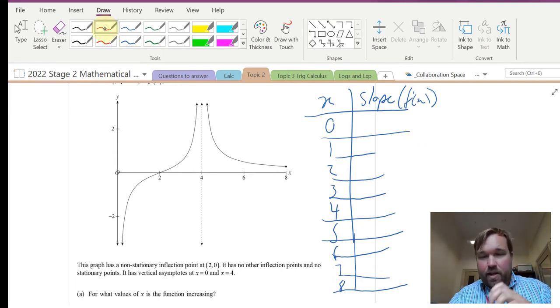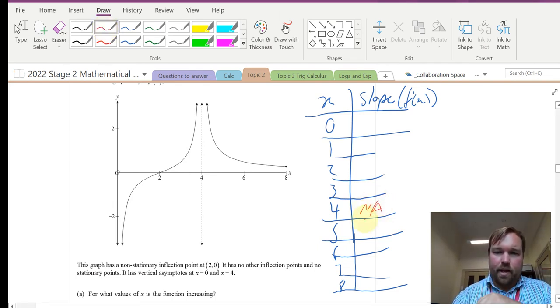Now, it's a matter of picking off values, noting that at 4 it's going to be undefined. To start off with, technically at 0 it's undefined, but very close to 0, the slope is going to be extremely